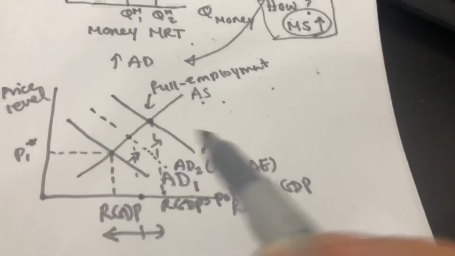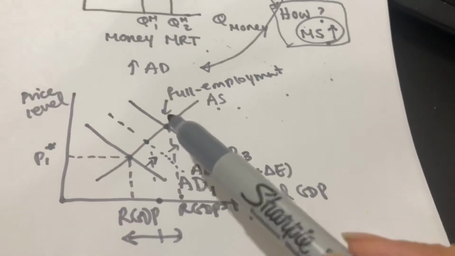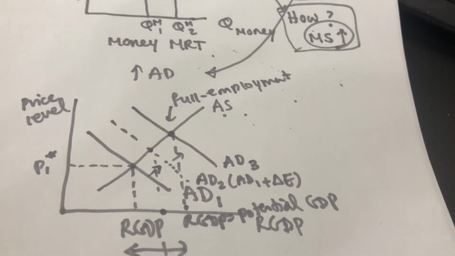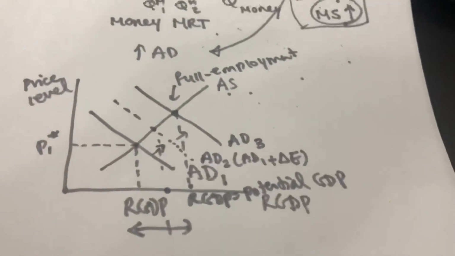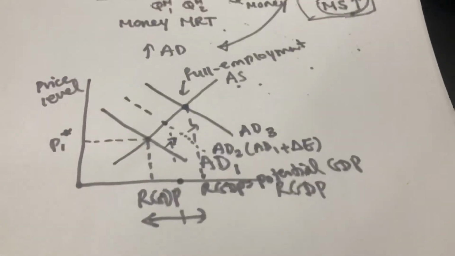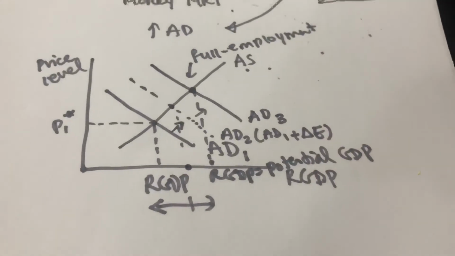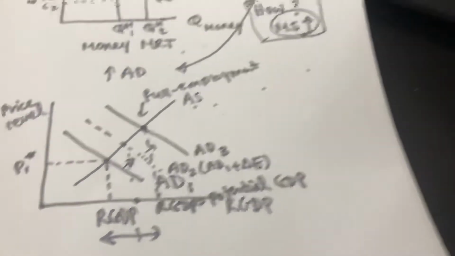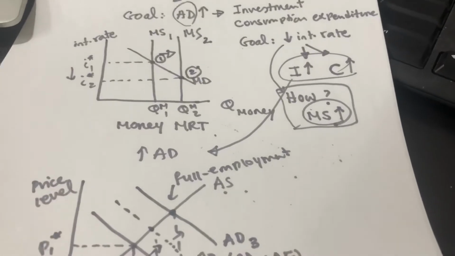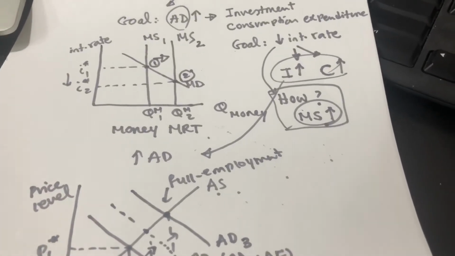Okay, but how fast this aggregate demand will go up, we really don't know, because it really depends on the level of recession and how deep we are into the recession. But that's the idea behind the expansionary fiscal policy. So keep in mind that